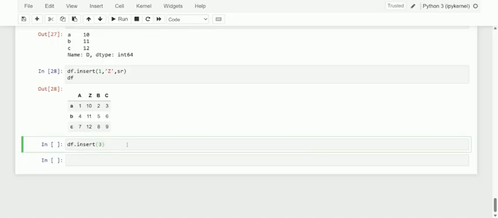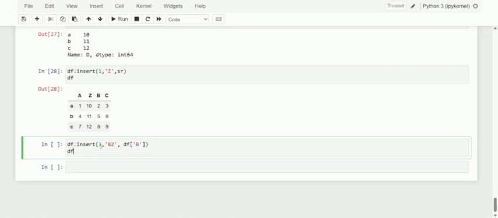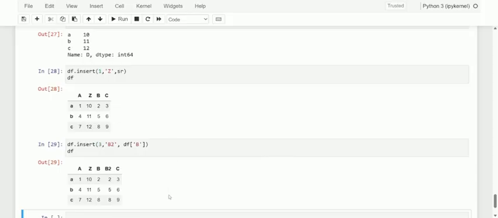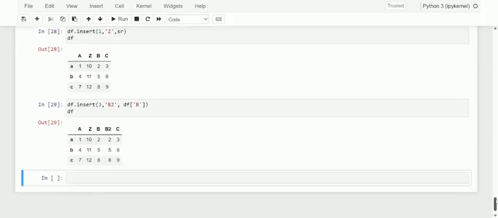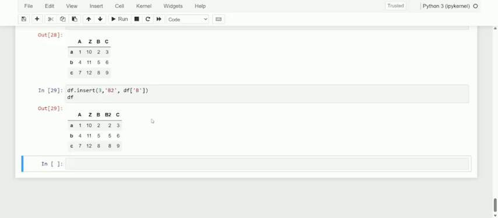I have to provide the third position here, and I want to make it a copy, so I'm going to name it B2, and the source is df of B. We are going to copy column B from the data frame df and insert it at the third position. Kindly observe, the B column has been copied and inserted in the third position.